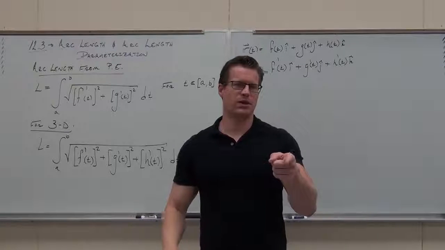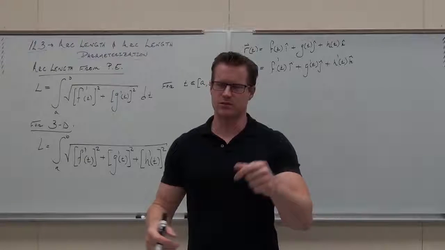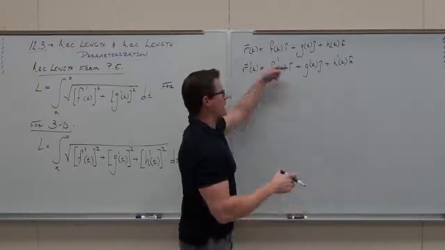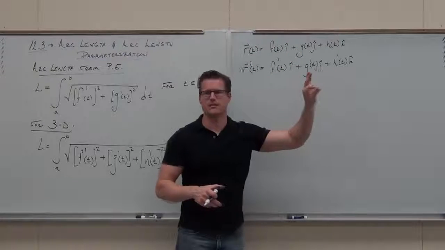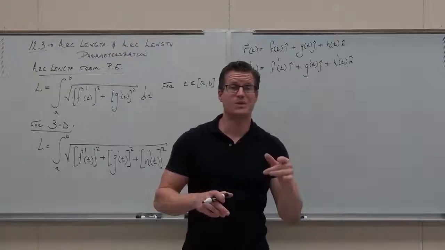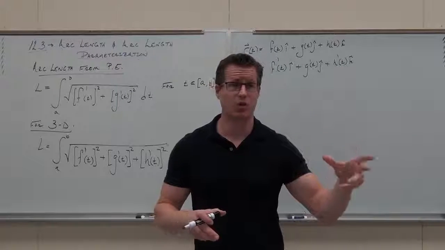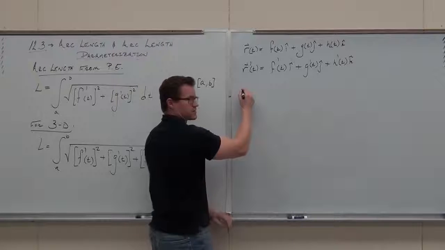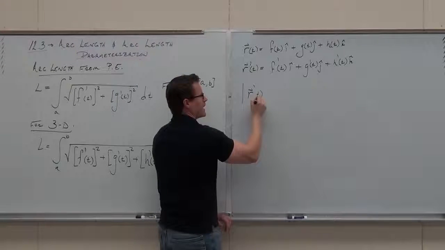Pop quiz: what does that mean right now? What is the derivative of a vector function? That's a tangent. So this is the tangent vector to this curve through space at any point. But check this out. What if we wanted to, and we did this, you remember from unit tangent normals, the only reason why we did unit tangent normals last time was for this idea right here, to be able to do this. Do you remember how to find the magnitude